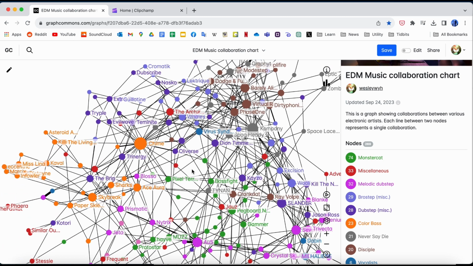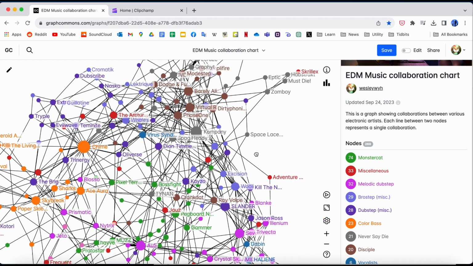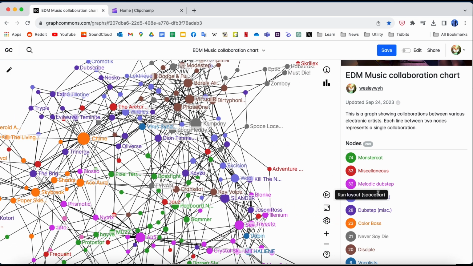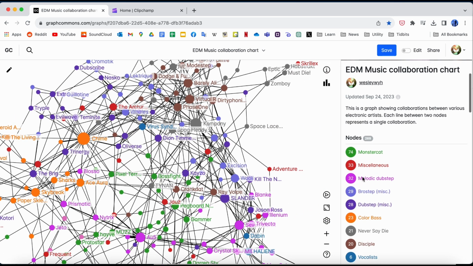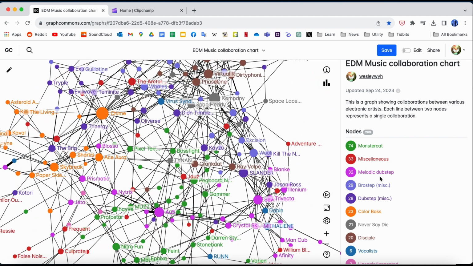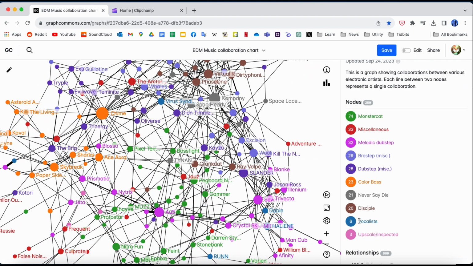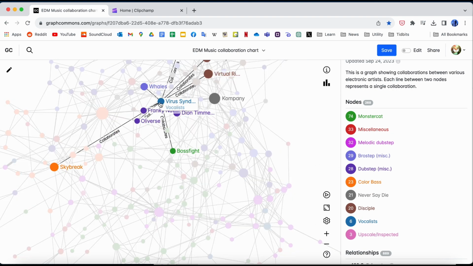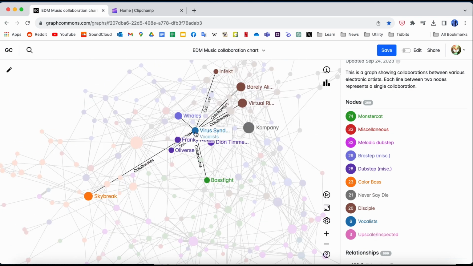If I were to do that, I'd have to delete every single node and then draw all the connections again, which would take a very long time. So I'm not gonna do that. You could do that if you try and make your own graph. And then I have some other categories, mainly just vocalists. Honestly, the vocalist categories have really long lines because as a vocalist, you can collaborate with lots of different types of EDM.